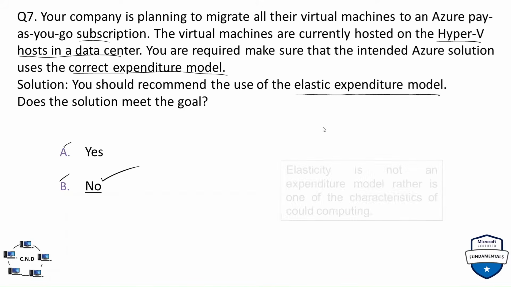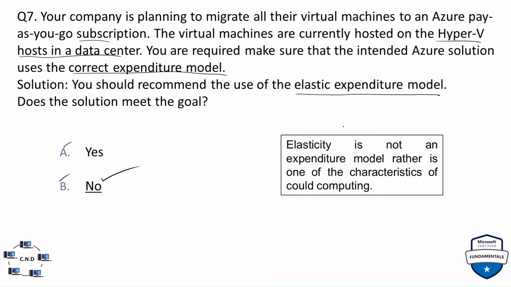Why is that? It is because the elastic expenditure model, or elasticity, is not an expenditure model. Rather, elasticity is one of the characteristics of cloud computing. So elasticity is a feature or characteristic of cloud computing, but it is not an expenditure model in